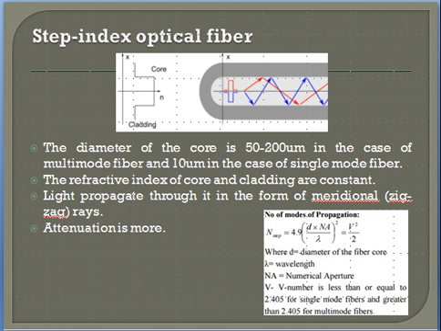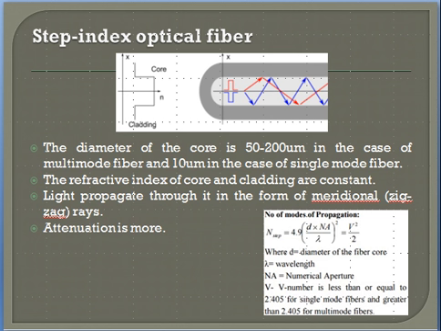So, on the basis of refractive index, we can classify the fibers into two types: step index and graded index. The figure shows the picture of step index optical fiber. The refractive index of the core is constant in case of step index fiber. The refractive index of the cladding is also constant, and the ray of light propagates through it in the form of meridional rays. In the case of step index fiber, the light propagates through it in the form of meridional rays which cross the fiber axis during every reflection at the core cladding boundary,